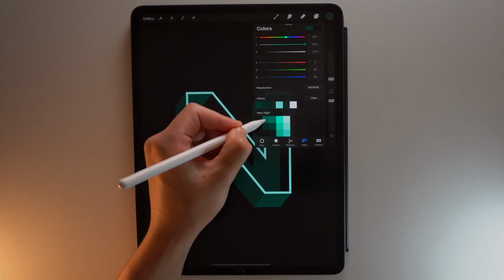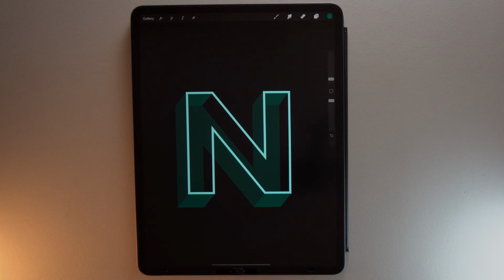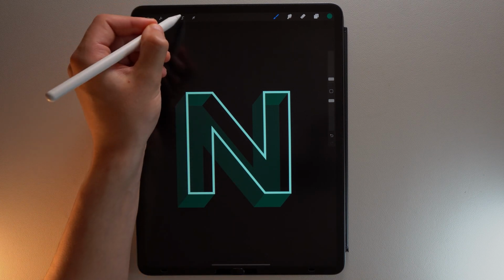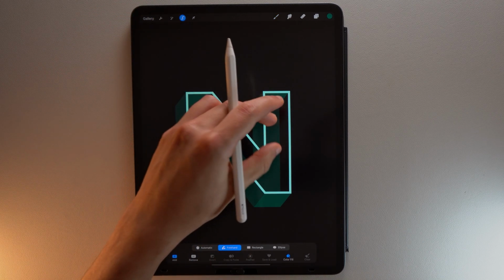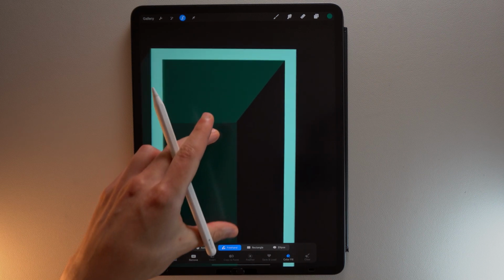Take this blue color from the color palette, then use the selection tool and select the edges facing to the right inside the letter.